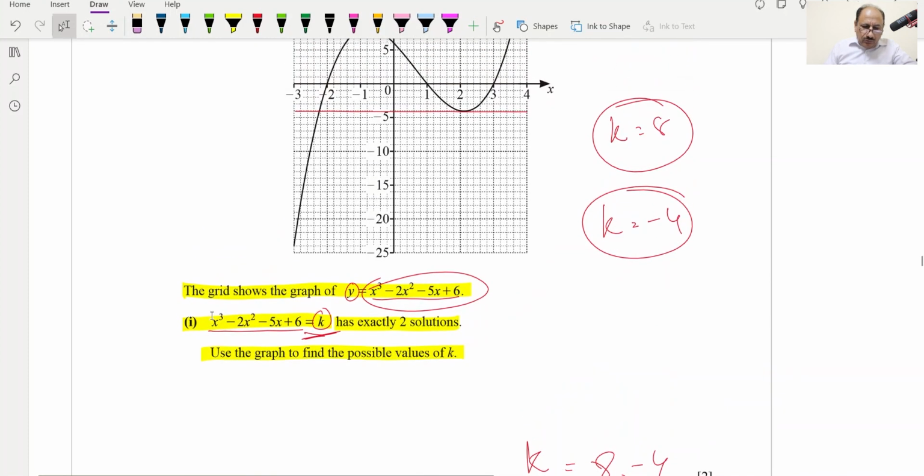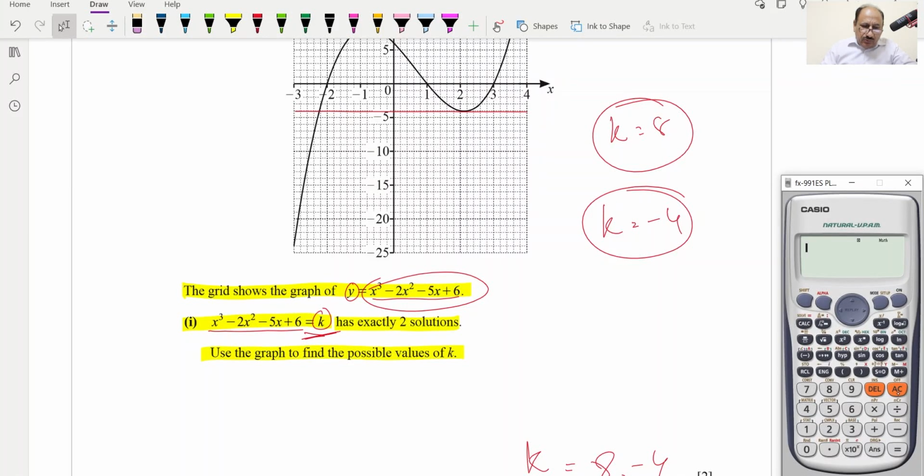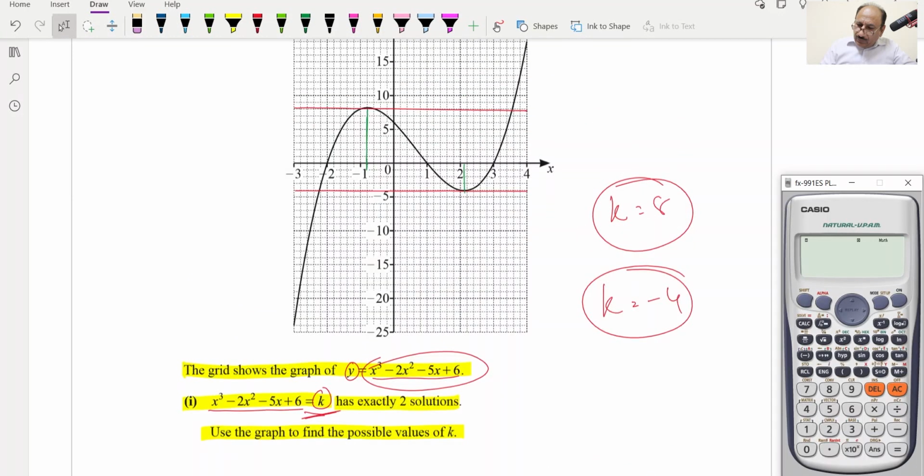One more way to confirm this answer, you can check for this value also by calculator. X raised to the power 3 minus 2x squared minus 5x plus 6, and we can calculate for